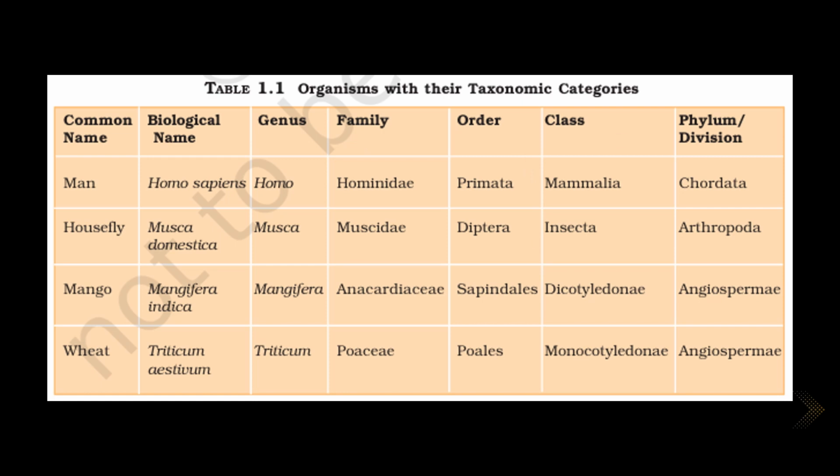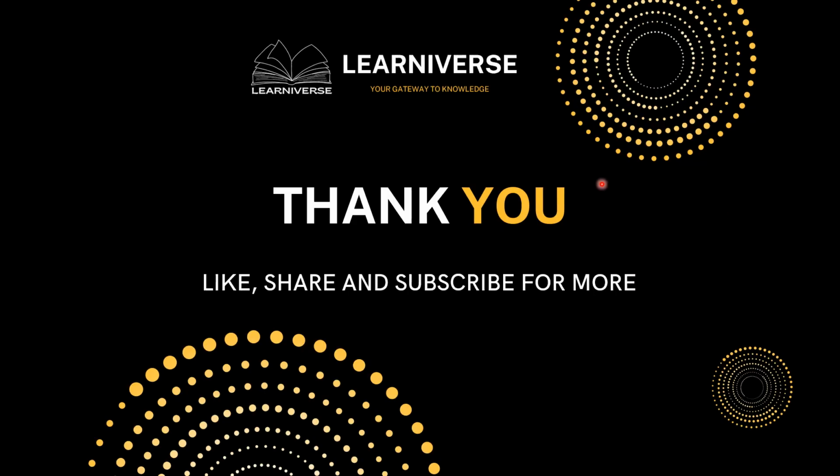And with this, we are done with the first chapter of our living world. It is a short chapter, easy chapter, and you can expect 1 to 2 questions from this chapter in your competitive exams. That will cover basically those names of genus, species, family, etc. Either those names, or it can ask you the order of taxonomical hierarchy, or it can ask you the ICZN, ICBN full forms. Remember those. It does not have a lot of data, but whatever it has is concise. I have explained it in the video.